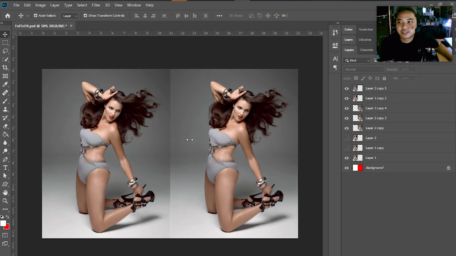Okay, so here's another Photoshop tutorial which is about slimming down the body of our model. Now, before we start, I would just like to let everybody know that we should embrace all kinds of body types regardless of sizes. It's just that sa industry